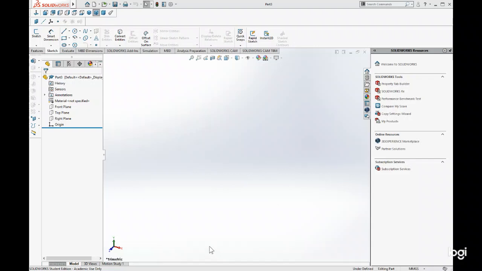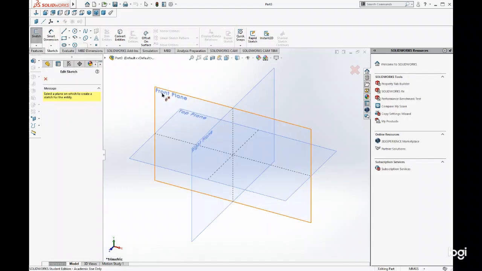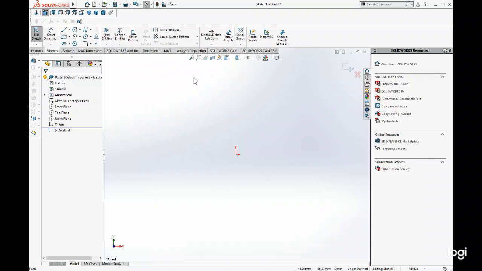So I want you to open up a clean sketch in Solidworks like this. We're going to design this on the front plane. Now anytime you design a part like what I was showing you that has really a free form design, it's best to design half of it and then mirror it across a line using the mirror entities function. And so the first thing you'll need to do when you know you've got to mirror a part is create a construction line. So I'm going to go up here, I'm going to click on my center line,